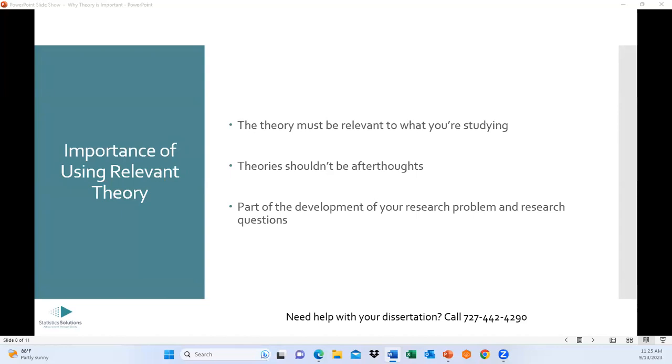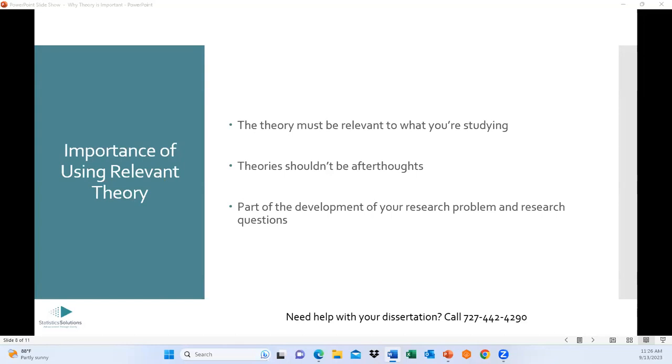If the need to examine those components specifically is part of your research problem and part of your study, then you would use expectancy theory, right? The point is that for some of these constructs, there may be several different theories. So there are several motivation theories. It depends on what you're looking at specifically to see which theory is most relevant to what you're doing. And it also attaches to the instruments that you use, right?